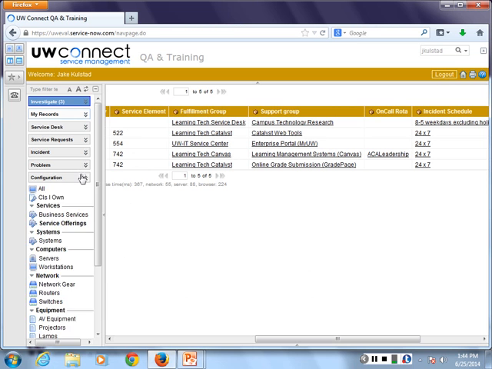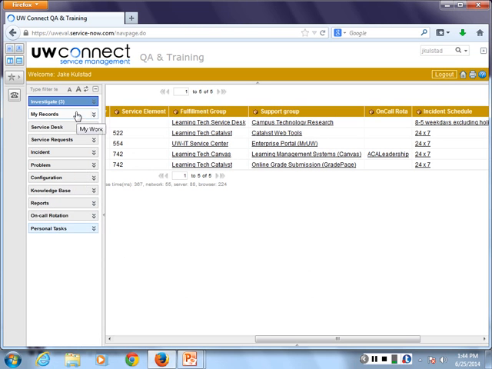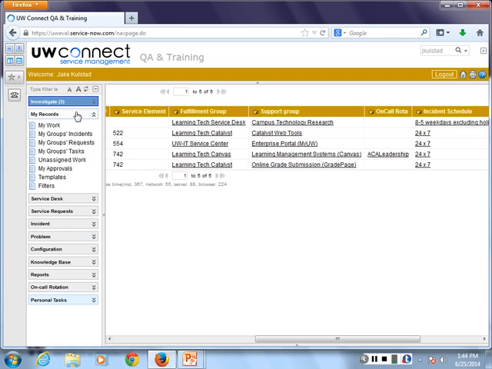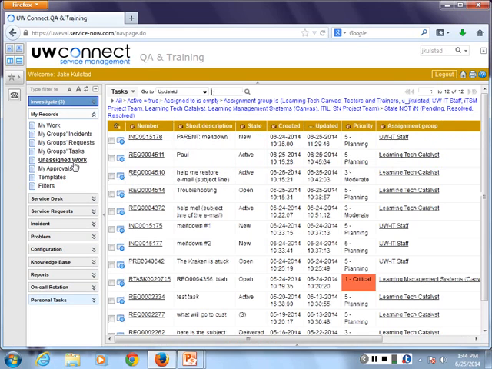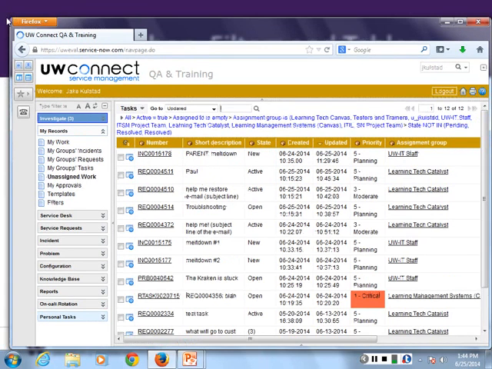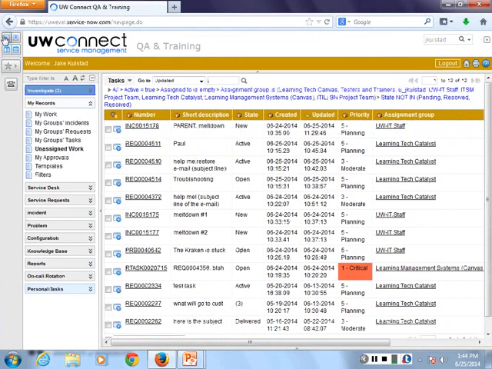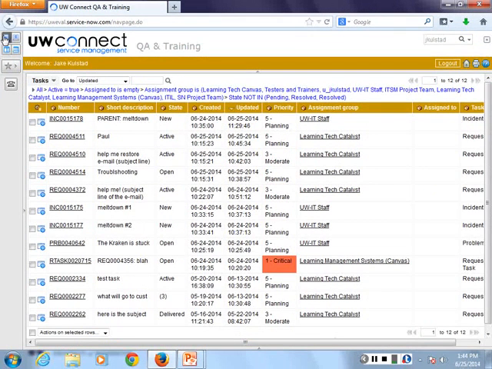Okay, back in the system. I would like for you all to click on the My Records application and click on Unassigned Work. This is a useful filter that was constructed for teams who basically want to find all of the records for all of their groups that no one is working on. So if no one's assigned to a record, it's going to show up here, and then you can recognize that this is something I need to work on. So I could take one of these records, assign myself, and own it. Does that make sense?